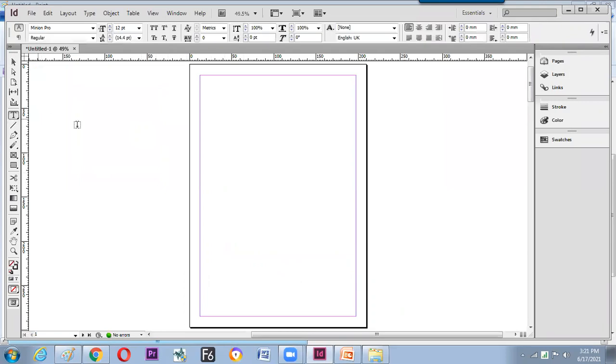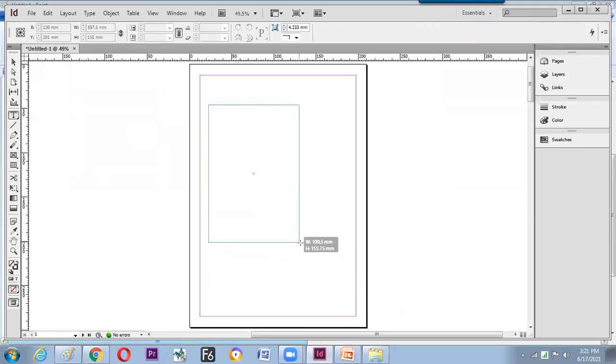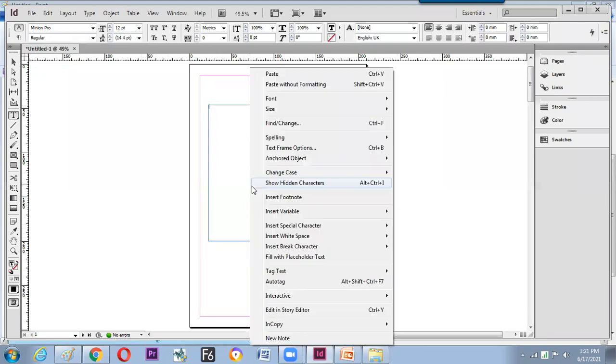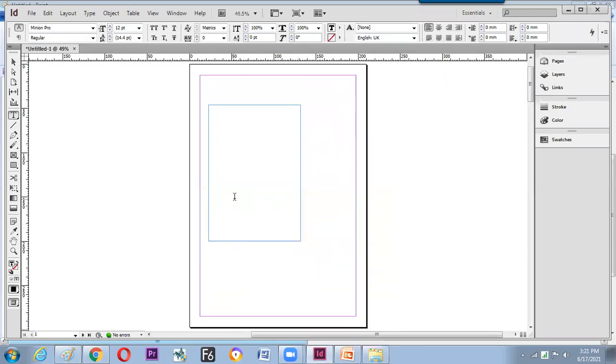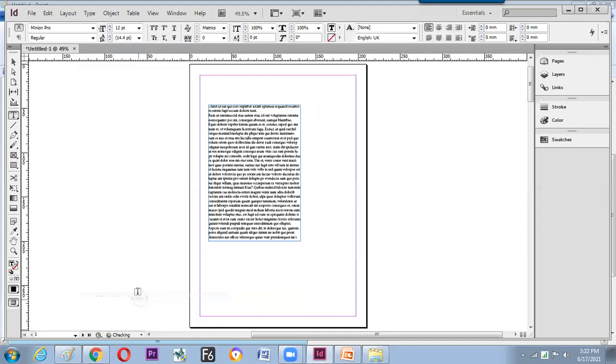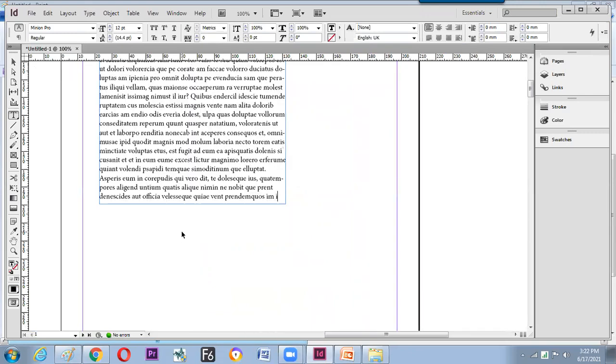We'll do the same job once more. Take the text tool, drag it up. We have seen the placeholder text come up with a right click, but we'll see now what this option is inside the menu bar. Go to the Type menu and go to the extreme bottom, just one before. You can find placeholder text, fill with placeholder text. Hope we have understood now where we can get the dummy text from and see it fit.